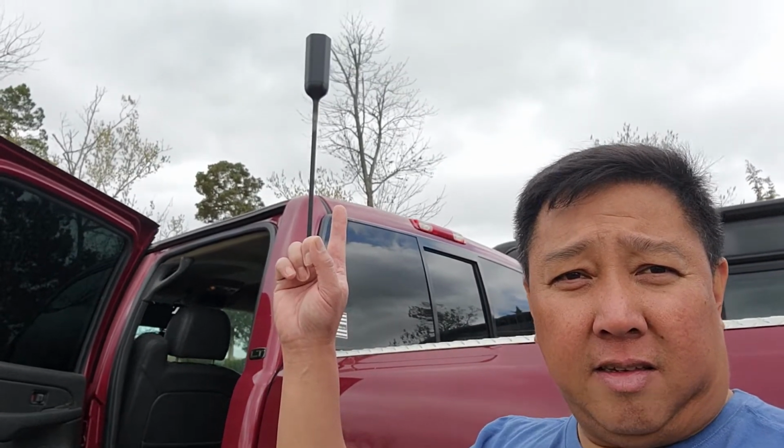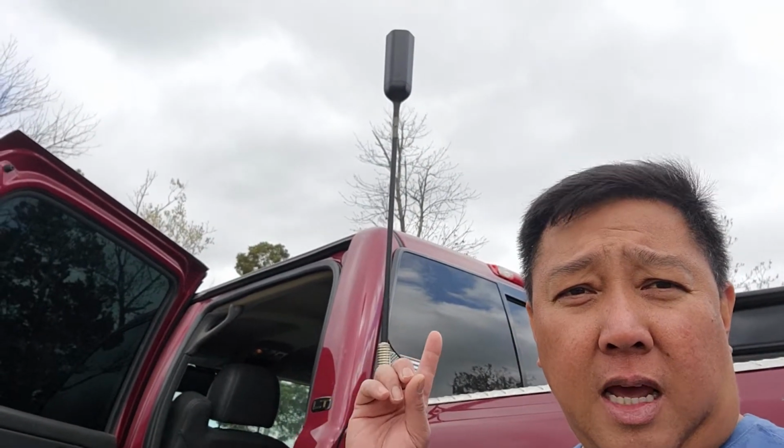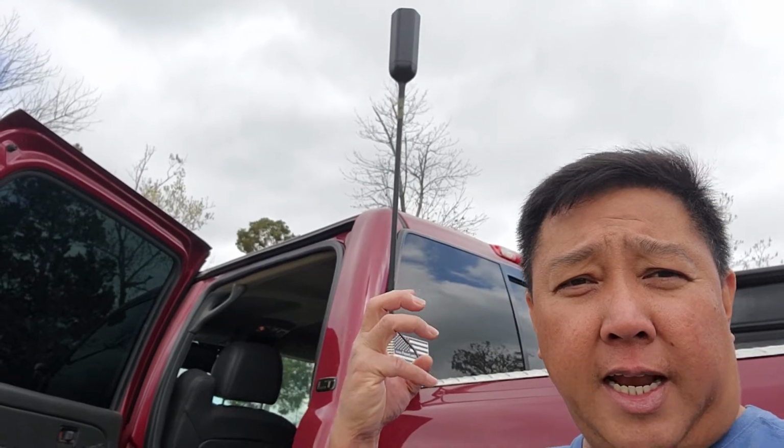antenna. It is actually not just the antenna. This is called a weBoost power booster. So what it does, it takes whatever cell signal that you have, and it will boost it by at least 2 bars. So I got the trucker's edition. They have smaller ones that have a magnetic mount that you simply put on top of your car. But it will take whatever signal is out there and bring it in, and then on the inside, you see